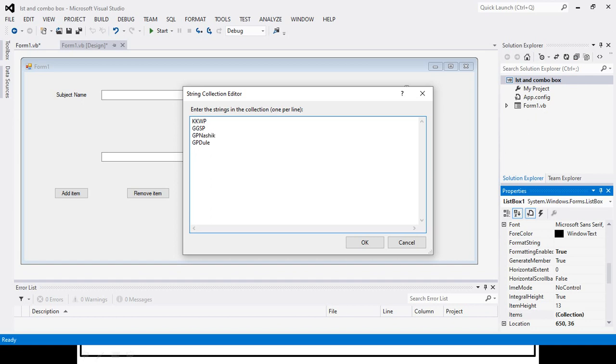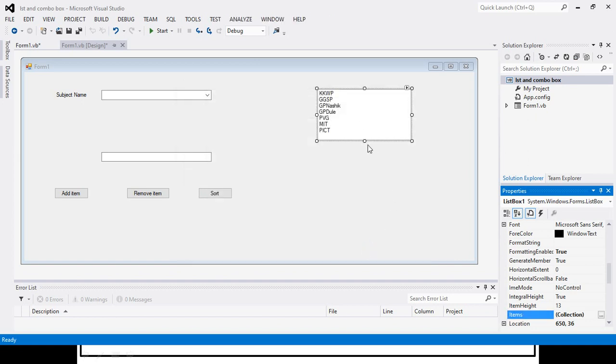After that I can have many more colleges' names like PVT, PVG, after that MIT, PICT. So these are various colleges that I will put in my list box.